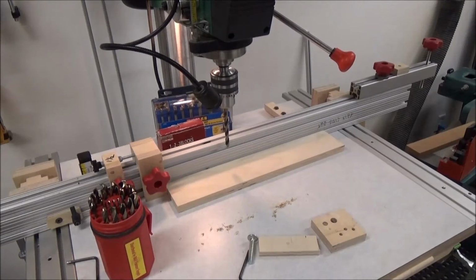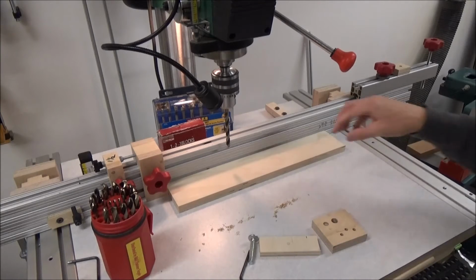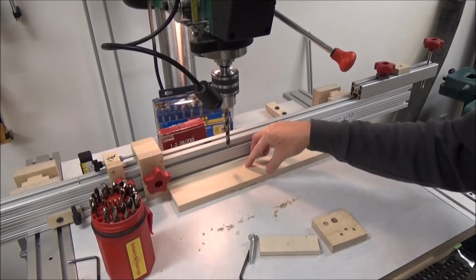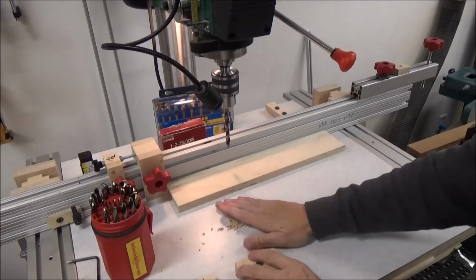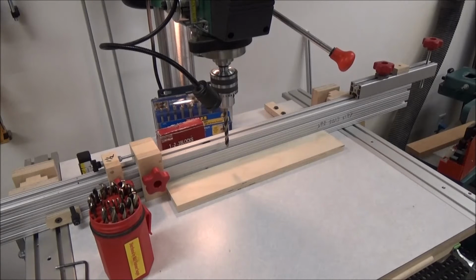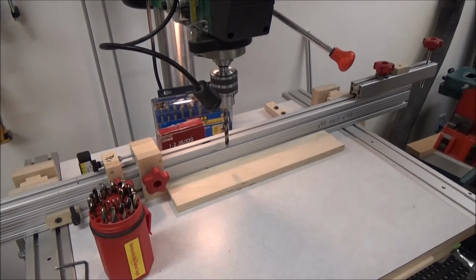Alright, this is my overhead boom arm clamp that I've come up with to hold my workpieces down to the table. Now I've got a set of step clamps that I bought when I bought this drill press. I don't know, it's probably been a couple years ago now, but I basically haven't been able to use them all that much because